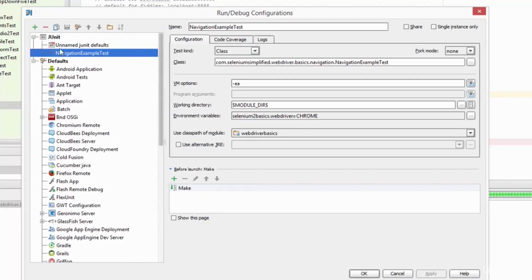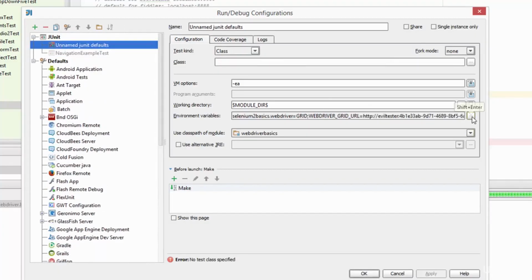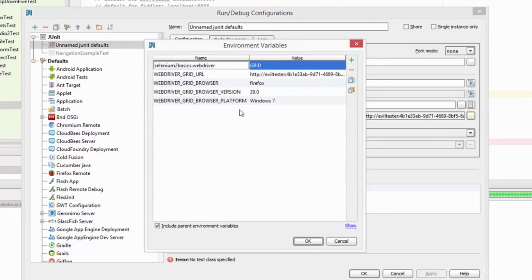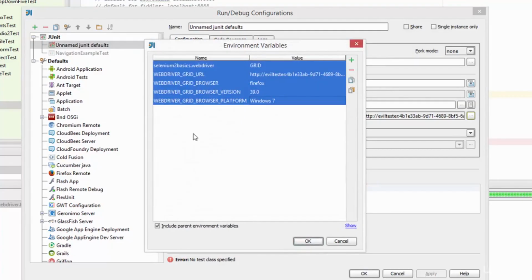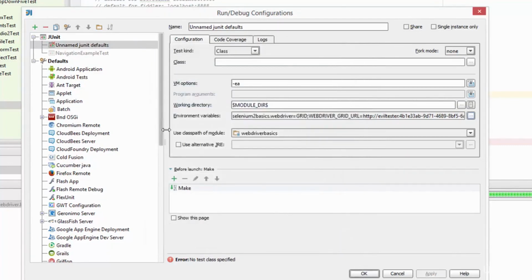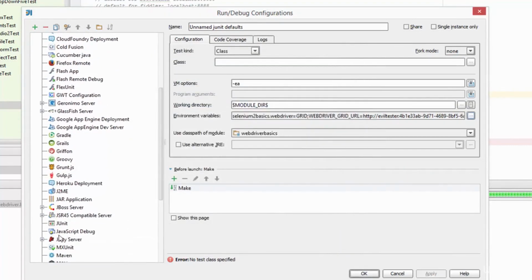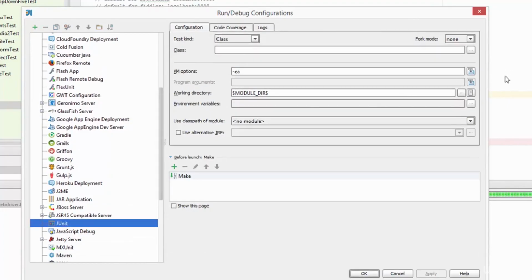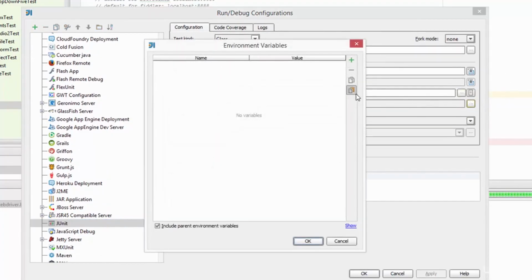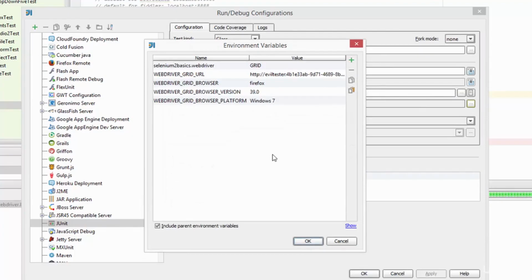So what I might do is set up all the values in a default JUnit. So this is all my grid config set up as environment variables in JUnit. If I do OK here,